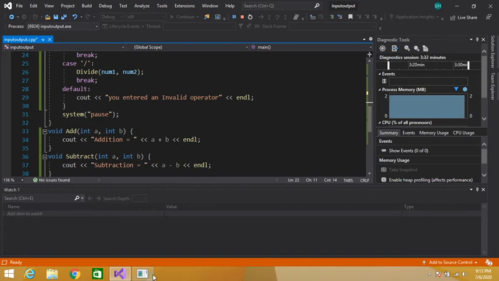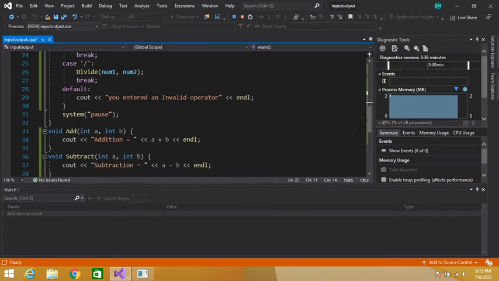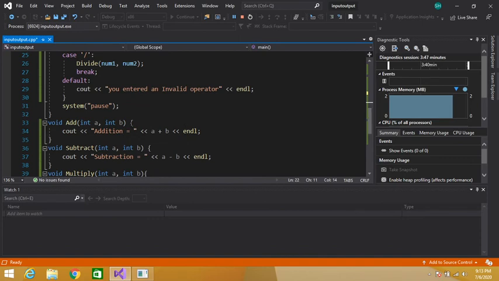Similarly, num2 also contains 12. So here we are passing the second parameter num2, so num2 also contains 12. This 12 will be passed down here and b will contain 12. The first parameter value num1 is assigned to a and num2 will be assigned to b. Both of these now contain 12.